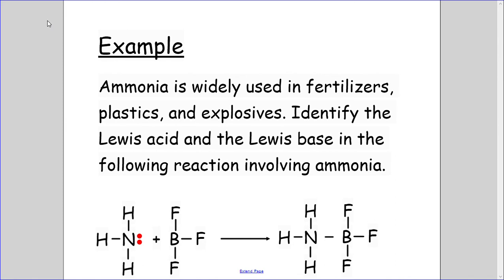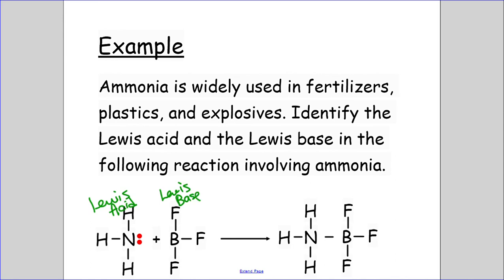So our Lewis acid, the one that is going to accept a pair of electrons, is going to be our NH3. Okay, and it has this pair of electrons that's here, and it's going to be sharing those with boron. Even though boron doesn't really need it, it will accept them to fill its octet under different situations. And so we have our Lewis base